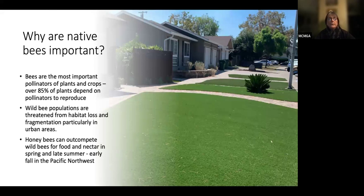So the key takeaways for what and why are native bees important? Bees in general are the most important pollinators of plants and crops. Over 80% of plants on Earth depend on pollinators to reproduce. Wild bee populations are threatened from habitat loss and fragmentation, in particular in urban areas. This is a Portland neighborhood, and while it's an extreme, if you look around your neighborhood, my guess is you've got a lot of lawns and similar plants in everybody's yard. Again, this is part of what the Backyard Habitat program does, is give people the tools and the knowledge to